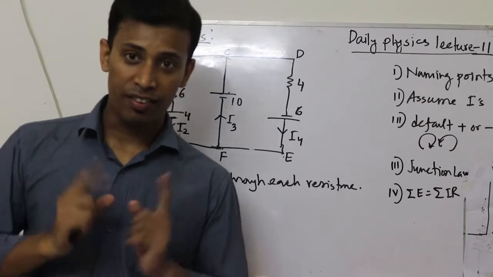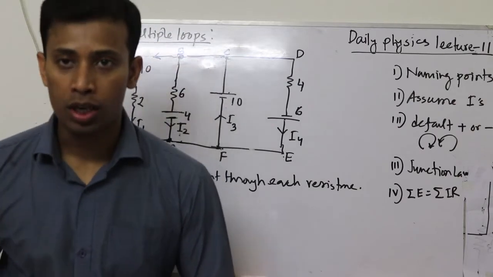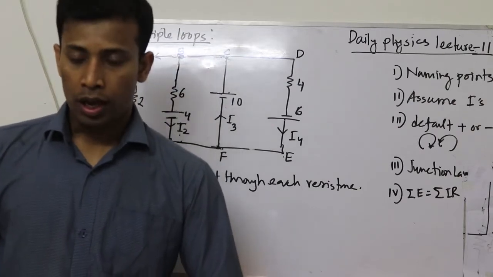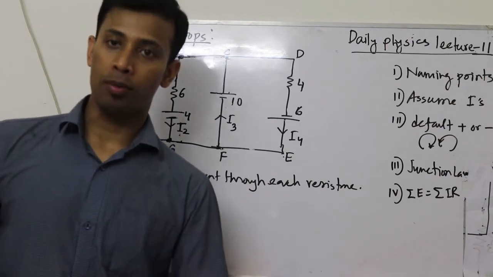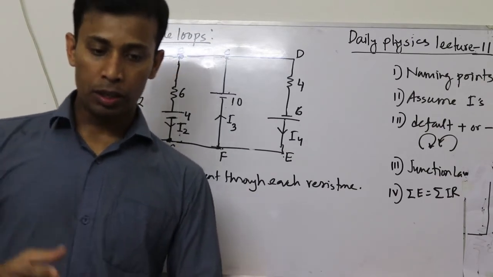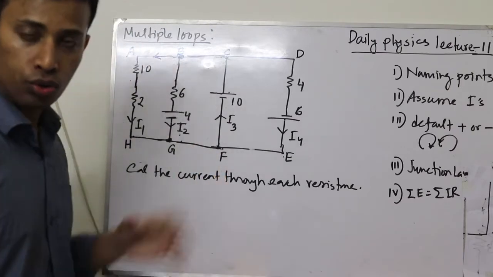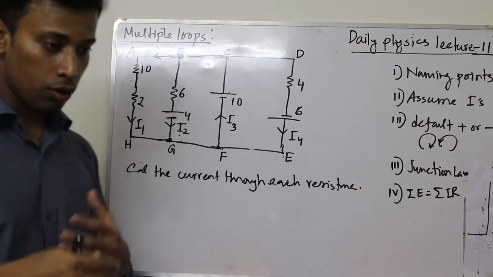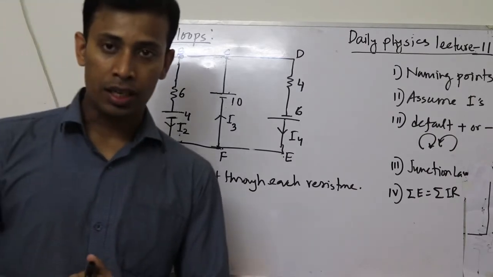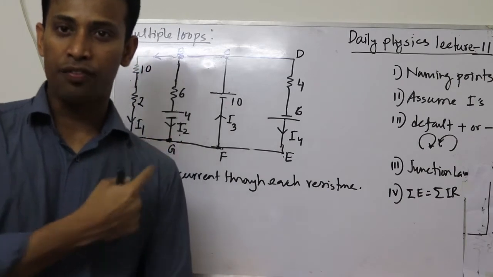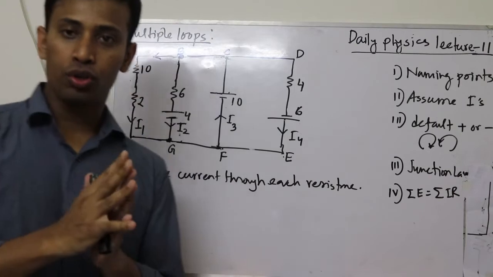Today's lecture is 11. In the past few days we were discussing Kirchhoff's law and multiple loop problems. In the previous lecture I gave you this circuit, or close to this circuit, and a lot of you asked me that this is a little tough, that you can't understand how to get the current flows. So that's why